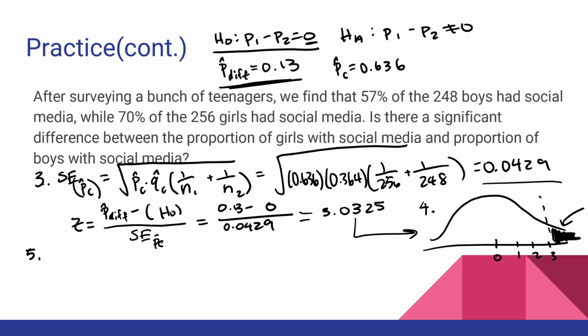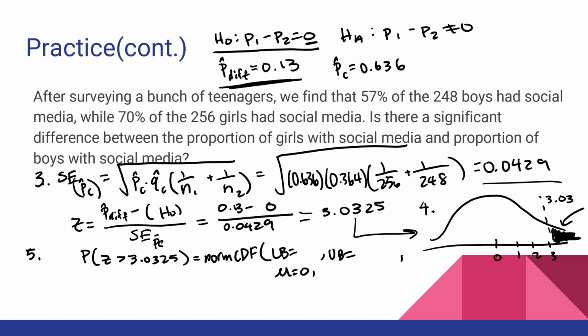Next, we go on to step 5. So that would be putting everything into the calculator. So what we want to know is the probability that any z-score, any data point, ends up at our z-score or greater. So greater than 3.0325. And we can get that through our norm CDF function. We need to put in a lower bound, an upper bound, a mu of 0, and our sigma of 1, because we've already converted everything to the standard normal model. Our lower bound, looking at our normal model, would be 3.03,